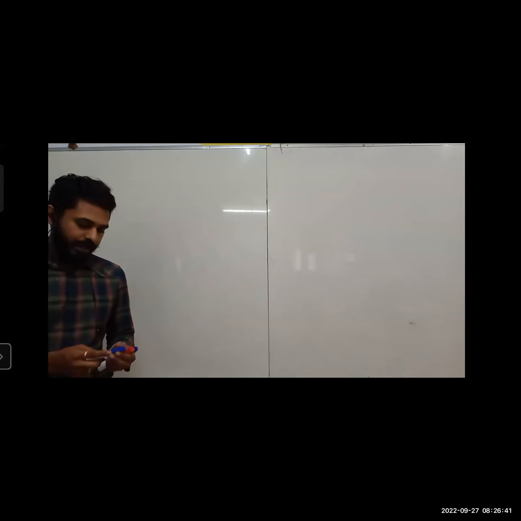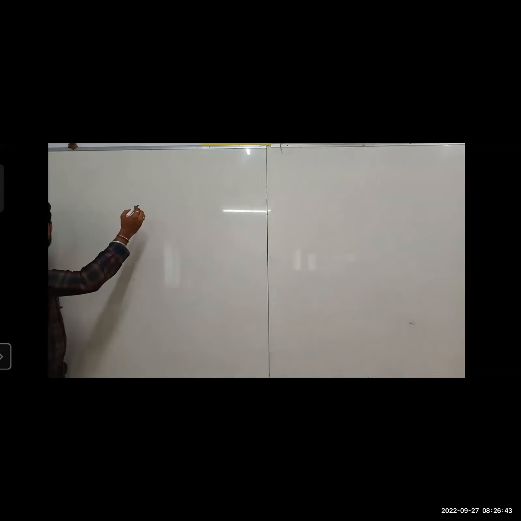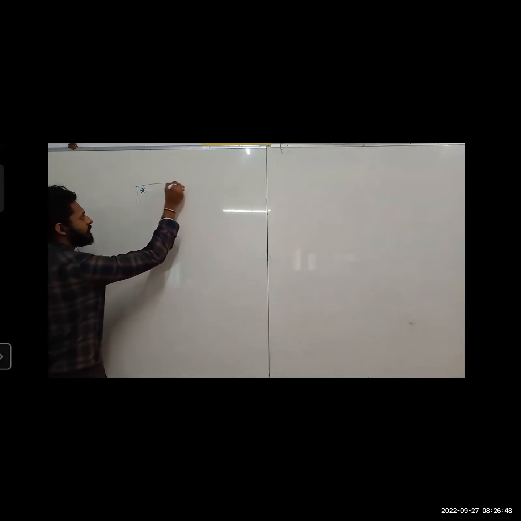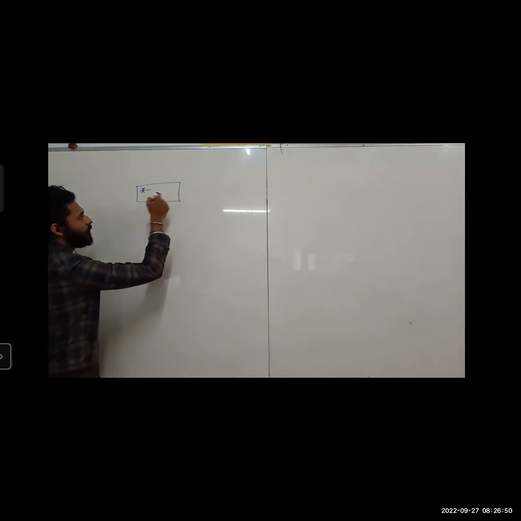So first thing, before I start, I'll consider one simple example. I just want to know, are all of you aware of writing one simple program to print hello world or star, whatever it is? Are you aware of it? Okay. Now the expectation is that I want you to print this on your computer screen. Assume this is your computer screen. I want you to print this much. Then what should I write?